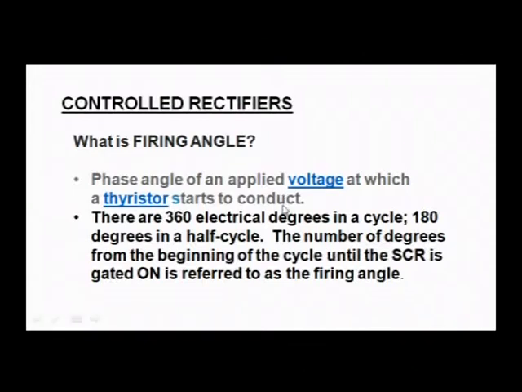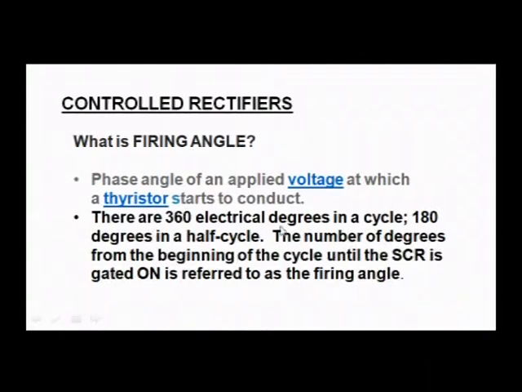So in these controlled rectifiers I am making use of the most commonly, most widely preferred gate triggering, the pulse triggering method. The moment I apply the pulse to the gate, the SCR moves to its on state. So the angle at which I apply the gate pulse and make it conduct is called the firing angle, or triggering angle.